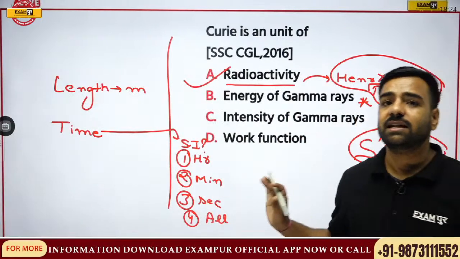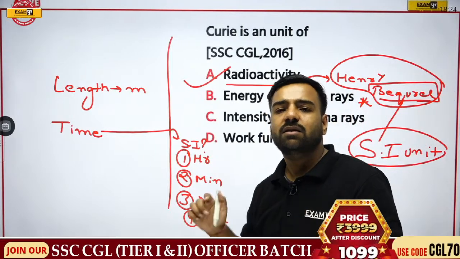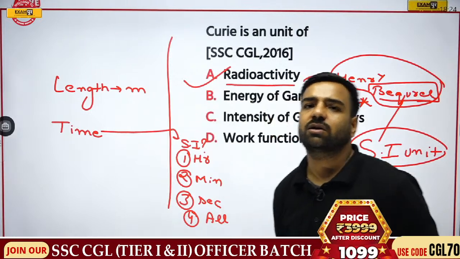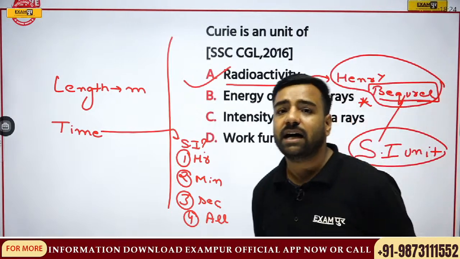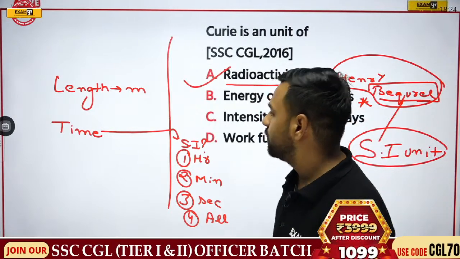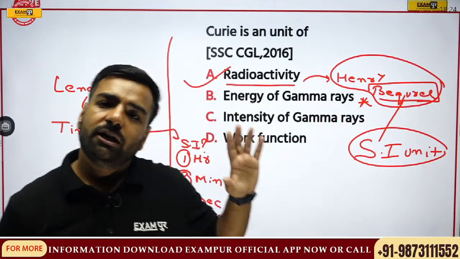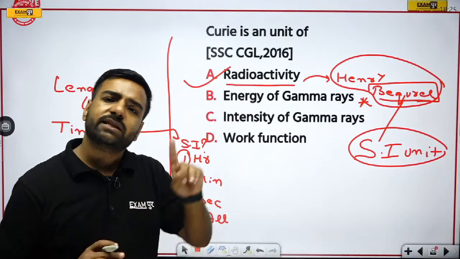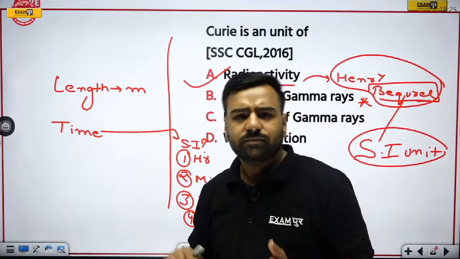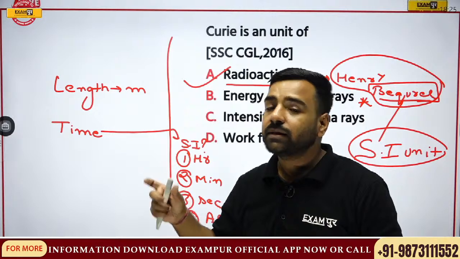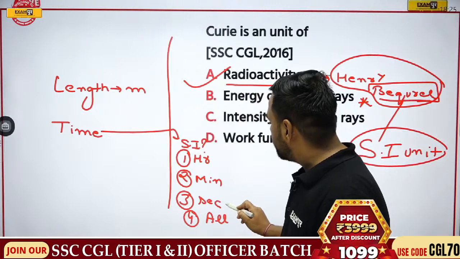Now this is again an important one, because in spite of knowing the answer, we click on the wrong answer. So we need to discuss all these things. Yes, answer please. If I talk about time, what is the SI unit of time? Is it hour, minute, second or all of the above? Yes, see Ganesh, the important fact is, please remember, SI units are only one. For example, if I talk about length, it's only meter. If I talk about luminous intensity, it's candela. That is only one unit. In a similar manner, for time we have only one SI unit, that is the second.